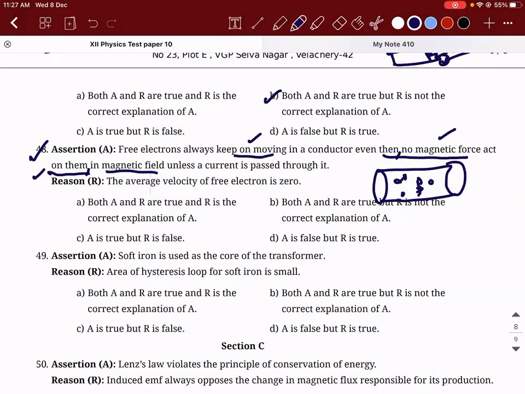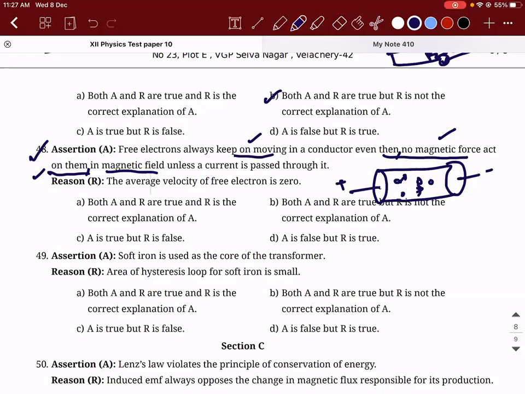Can I say, though they are moving, current is constituted in the circuit? Is that what we learned? When can you say current is constituted? Only when you connect it across a potential difference. When you connect the potential difference, they will start getting drifted. They will start getting aligned to a particular direction because of the electric field inside. And then we say current is constituted.